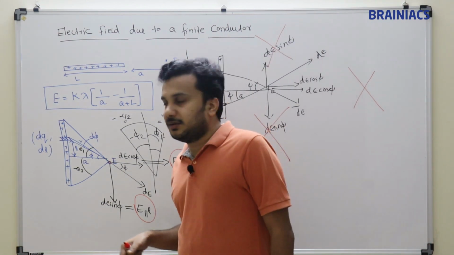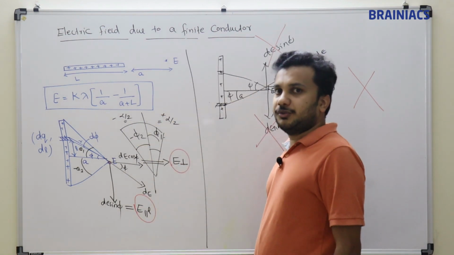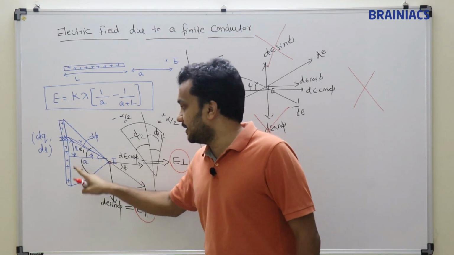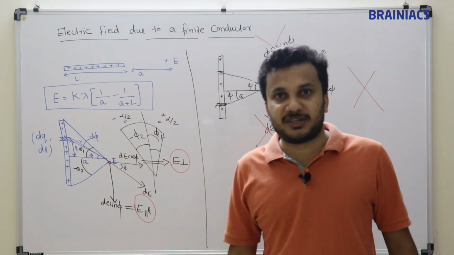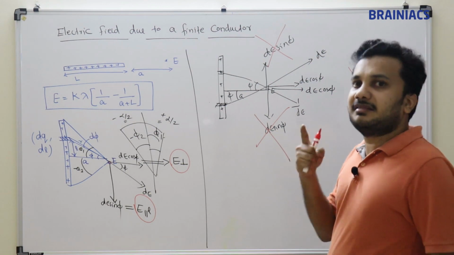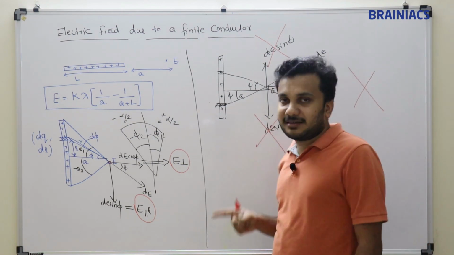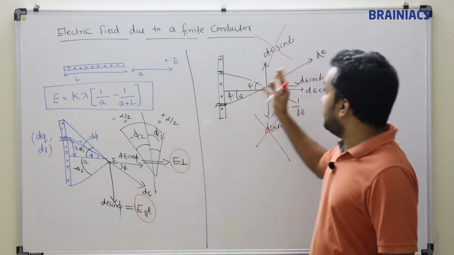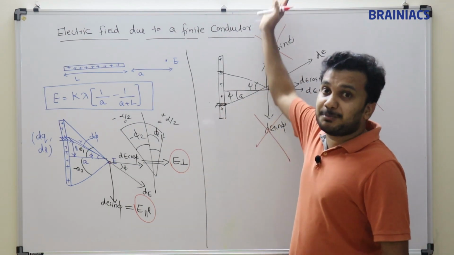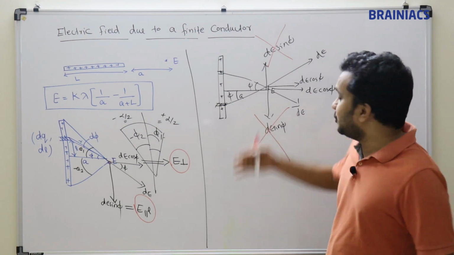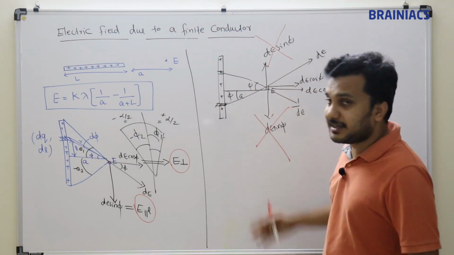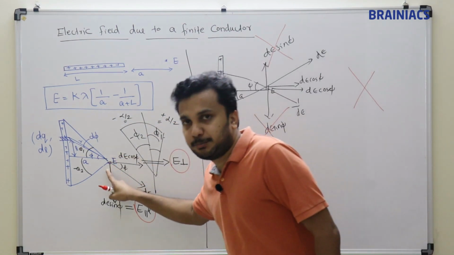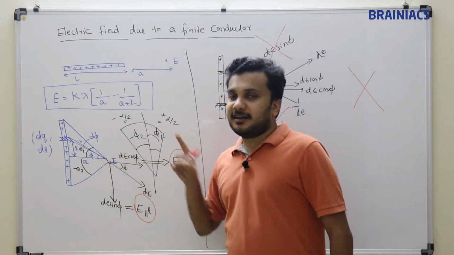Then you may have a doubt: okay, theta 1 is not equal to theta 2, then at the top side I can take a phi angle, and the same phi angle I can take at the bottom side. That is correct, you can take the same angles. So in that case this will get cancelled. But all the components of dE sin phi going upside will not cancel with all the components of dE sin phi at the bottom in this scenario, because this is a random point. If it is exactly at the middle point,